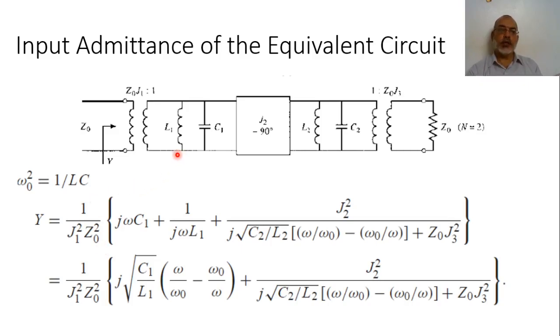It should be noted here that 1 over L1 C1 equals omega naught squared, and also 1 over L2 C2 equals omega naught squared. So we can replace the ratio 1 over LC for L1 C1 or L2 C2 by omega naught squared. Okay, let us do this. The input admittance Y input would be 1 over the transformation ratio squared, 1 over J1 squared Z0 squared, multiplied by the input admittance